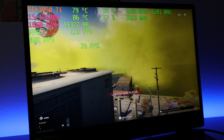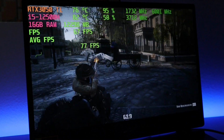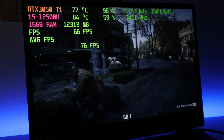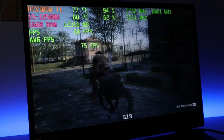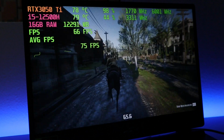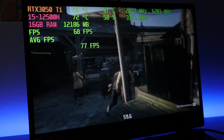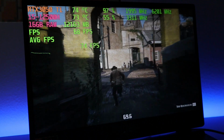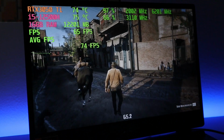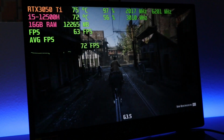And now let's try another game that's a little bit more high end. So right now we are in Red Dead Redemption, and with everything on low, we are getting above 60 FPS and sometimes even hitting 70 or above. So I'll say that is pretty incredible. Let's see what you can do with the performance mode. Alright guys, so right now we're in Red Dead Redemption with everything on high and medium settings. With the performance mode on, we are getting above 60 FPS on this